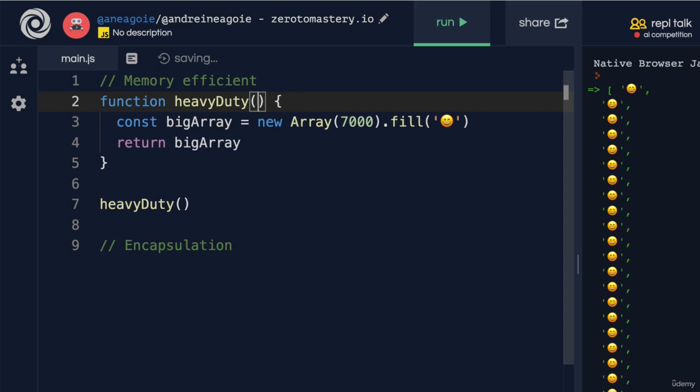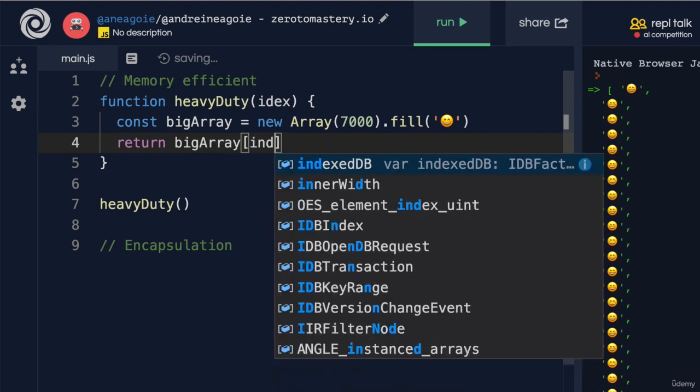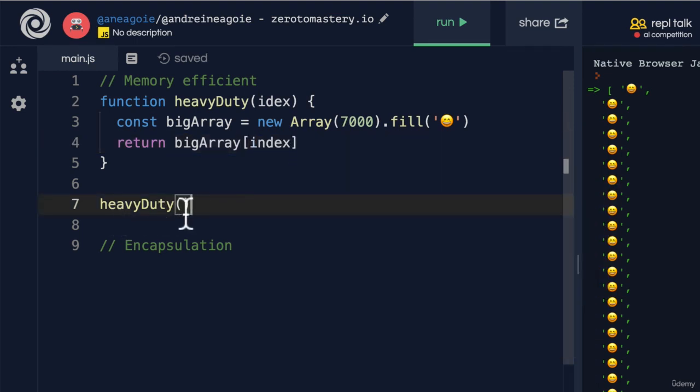For example, if I do item here, I can access bigArray by the index number. So let's say, actually, instead of item, let's do index here. And if I do index, I can access different parts of the array, like 600 or 688. And if I run this,